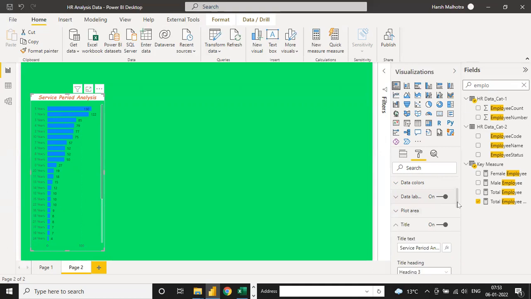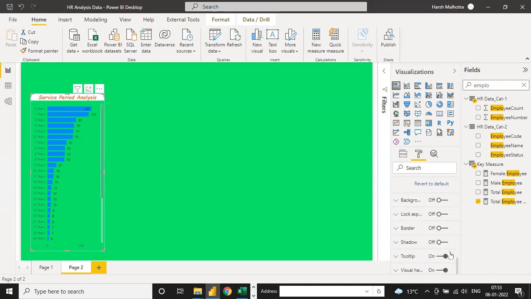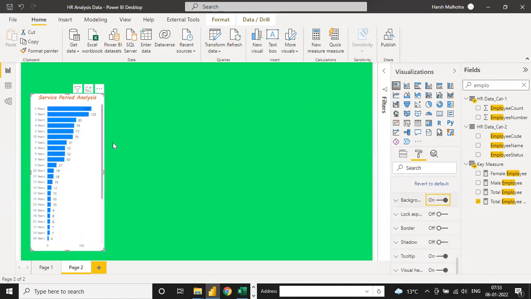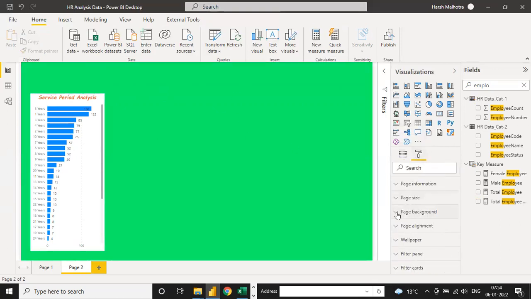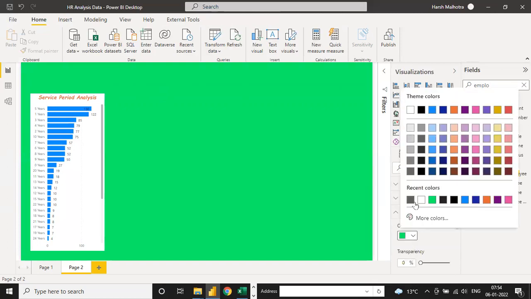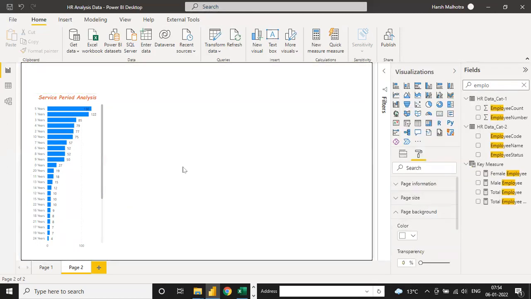So now if you click down, background, see what is the option of this background. If you switch on this background, this is your visualization background, but if you switch it off, it means all the data will be running from your page background setting. So right click on this, go to this page background, so you can change no color right now.